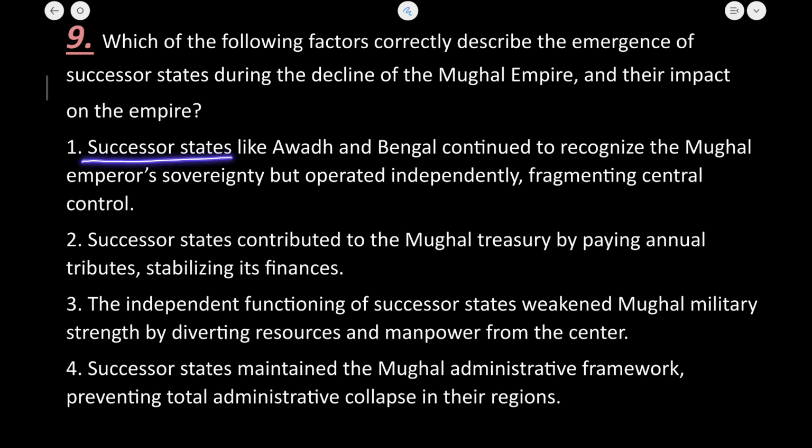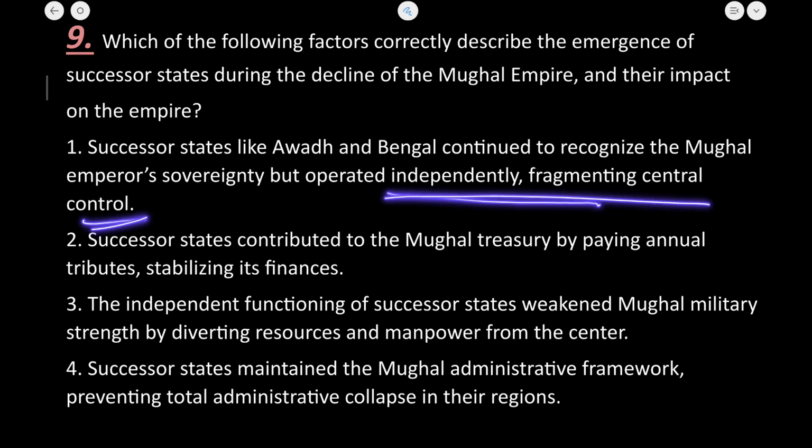लेट अस नाउ सी, द सक्सेसर स्टेट्स लाइक अवध एंड बंगाल कंटिन्यू टू रिकॉग्नाइज मुगल एम्परर सोवरेनिटी बट ऑपरेटेड इंडिपेंडेंटली, फ्रेगमेंटिंग सेंट्रल कंट्रोल। यस, दिस इज एब्सोल्युटली करेक्ट। नाउ व्हेन द मुगल एम्पायर गॉट वीकेंड, इन्होंने ये जितने भी स्टेट्स थे अवध, बंगाल, हैदराबाद, इन्होंने ये डिसाइड किया था कि ये रिकॉग्नाइज करेंगे मुगल एम्पायर की सॉवरेनिटी को, कि दैट वी आर अंडर यू ओनली, बट उनके फाइनेंसेस, उनकी जो भी रिसोर्सेज थे, पॉलिसीज थी, एंड इंटरनल रेगुलेशन ऑफ देयर एम्पायर वॉज टू बी डन बाई देम ओनली। मुगल एम्पायर का इसमें कोई रोल नहीं होने वाला था।